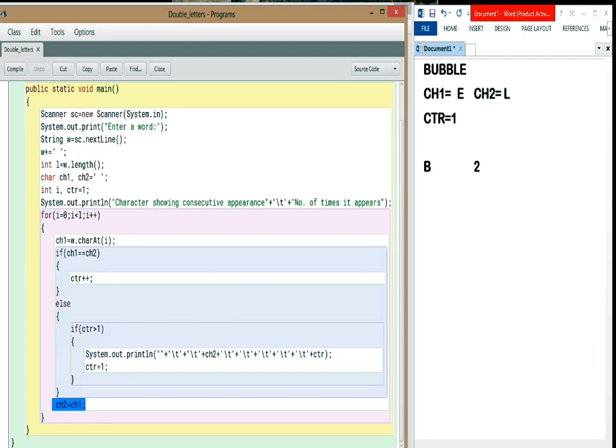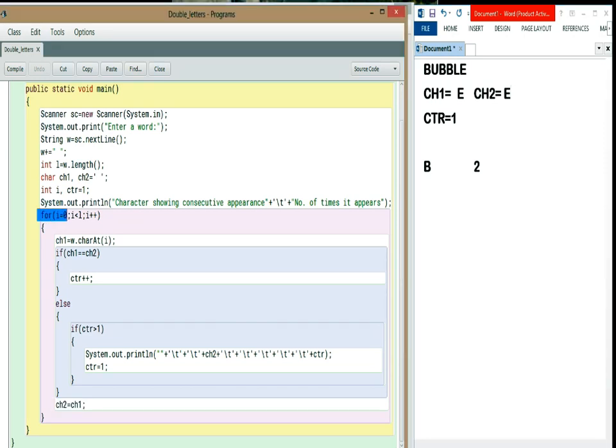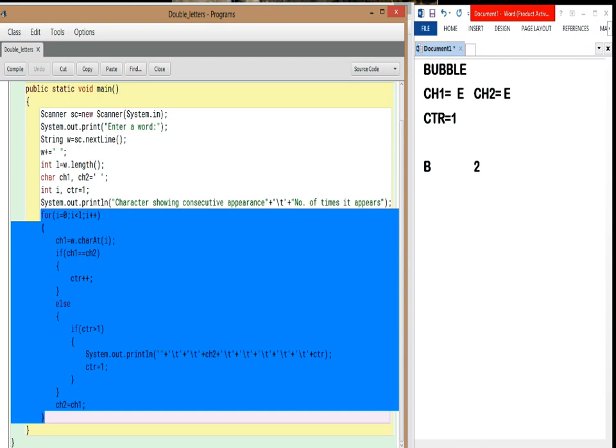Then it comes out. Again the shifting of the letters, ch2 will have ch1, so ch2 will have E now. But once it reaches the beginning of the loop, this condition I less than L will become false, so it won't go in again. Once it has reached the end of the word, it will come out.